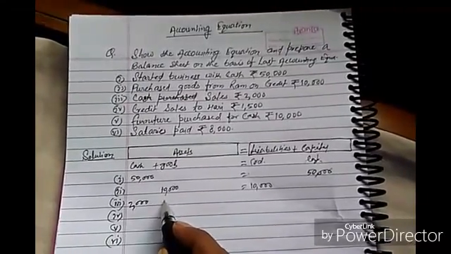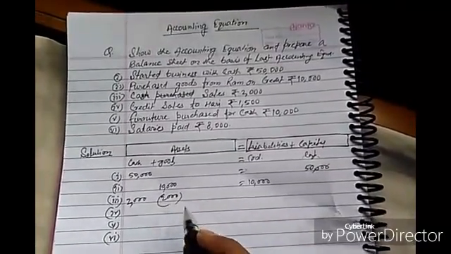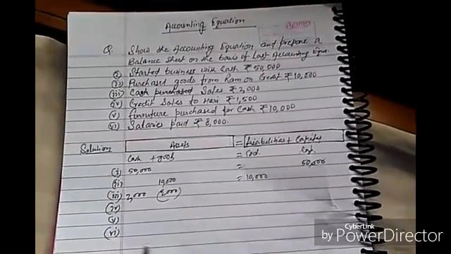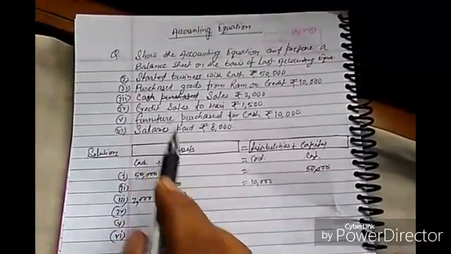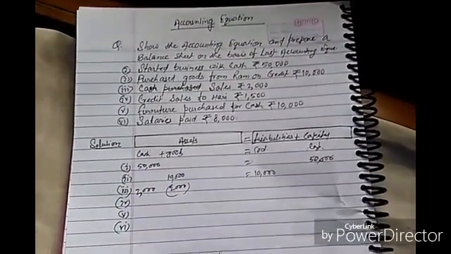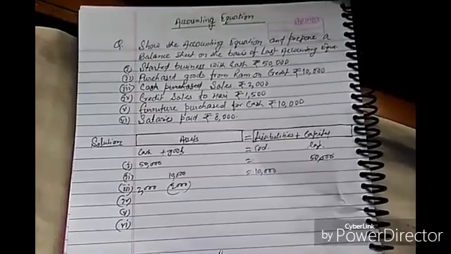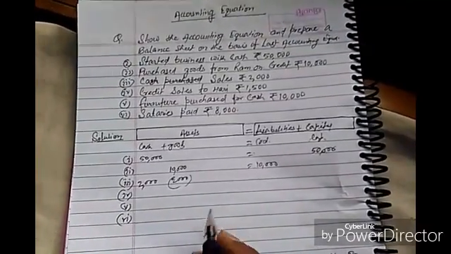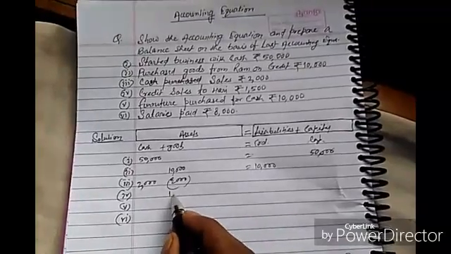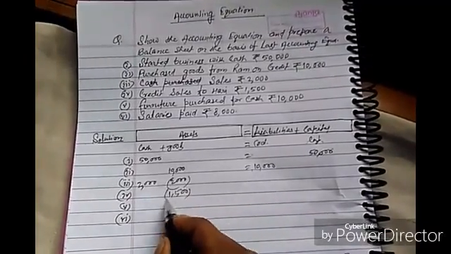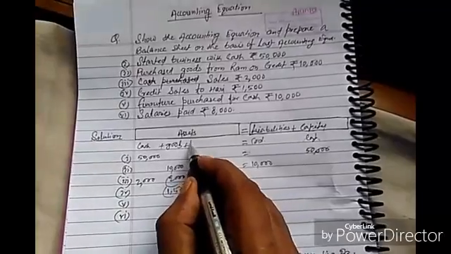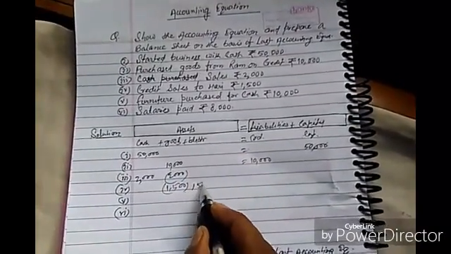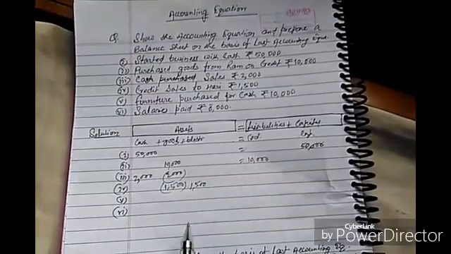It sold the goods. So 2,000 goods will decrease. And fourth one, credit sales to Hari rupees 1,500. Credit sales means the debtor will increase, debtors 1,500. Okay,